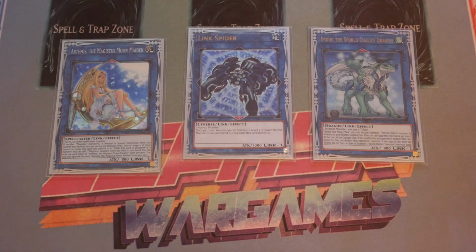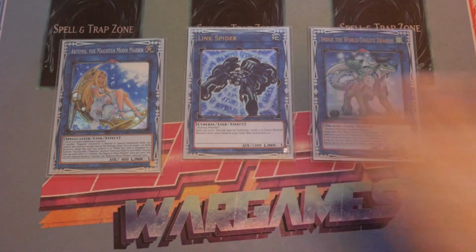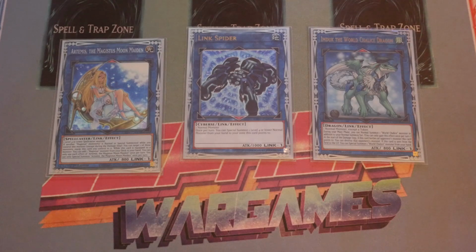Plus, his effect isn't too bad if your opponent is a little bit lazy with their zone placement. Now, the reason people choose to play Link Spider over Umduct is for the general threat of Nibiru. Now, Nibiru does require you to make 5 summons. In this game right now, you should not be making 5 summons in Dark Magician without having a Dragoon on